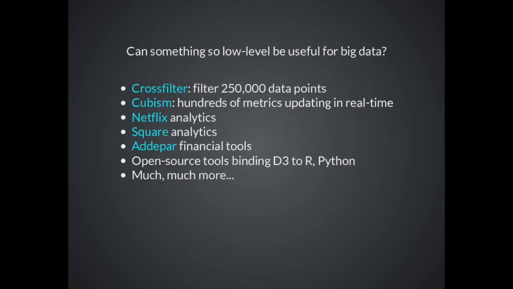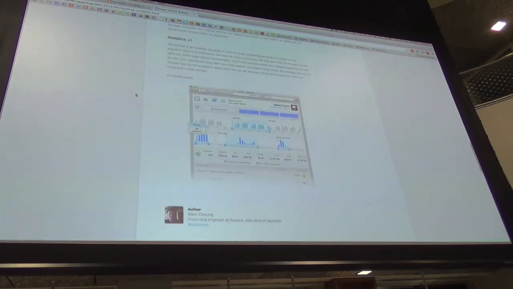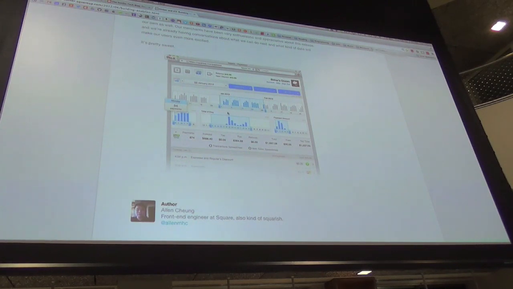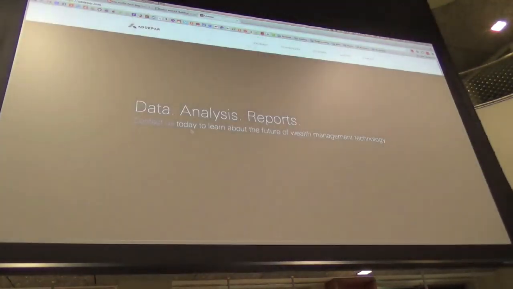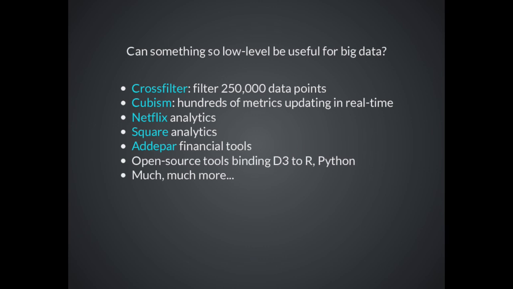Square Analytics has done something similar. Again, they have the tools that we just showed, but they have this dashboard they provide their retailers to explore the data that they have. Adapar is a financial company. They're pretty big in the open source community, and they've done a lot of cool D3 work. They use it for their platform. There's open source tools that bind D3 to R and Python output. There's a lot of stuff, but at the end of the day,